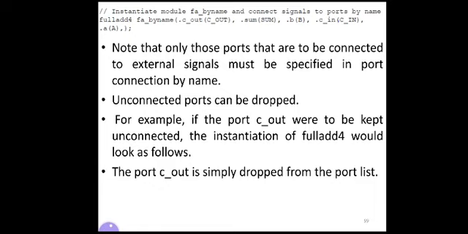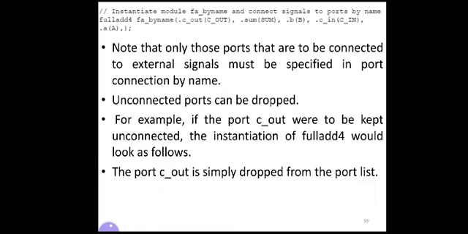If you have more than one signal, then just put a comma to separate the signals. Same way here, .Cout(Cout), comma, .sum(sum), comma, .B(B), comma, .Cin(Cin). So this is the way of connecting ports by name. Either you can use this method or you can use the ordered list, whichever is comfortable for beginners, they can use them. Usually the first method is preferred.